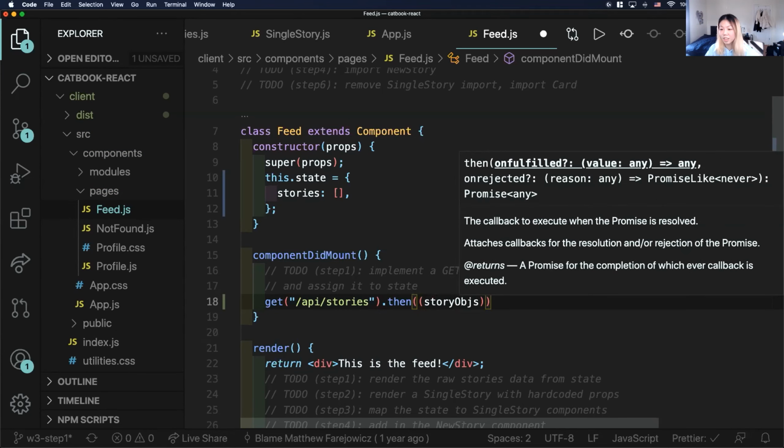So what I can do here is I'm going to put new story in here. I did not import this. That is very bad. So that is one of the last to-dos in this step. Import new story from